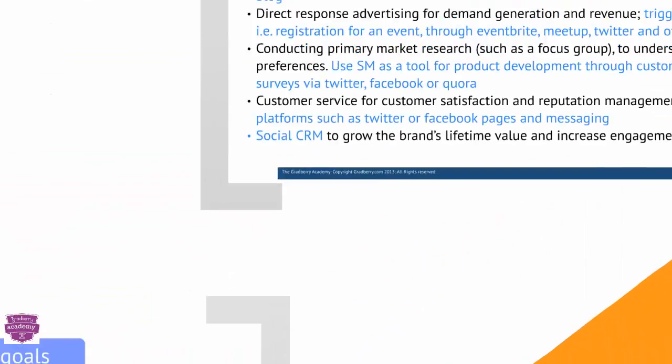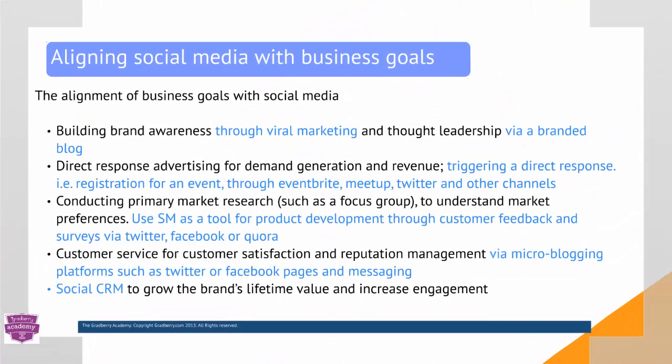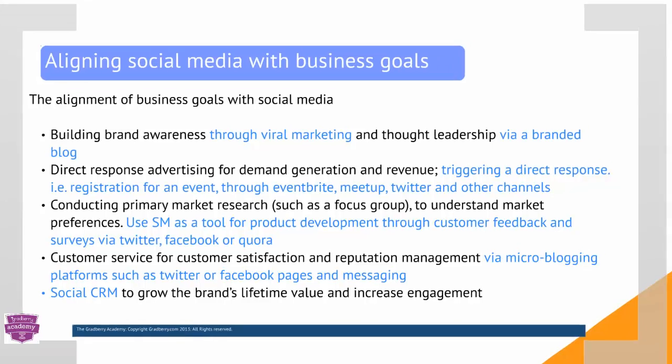But now, let's connect them with social media. First you identify what your business goals are. Once you've identified them, it's very easy to align them with your social media strategy. For example, the first one was building brand awareness and thought leadership. You can do so through viral marketing via a branded blog. And to give you the first example of this,